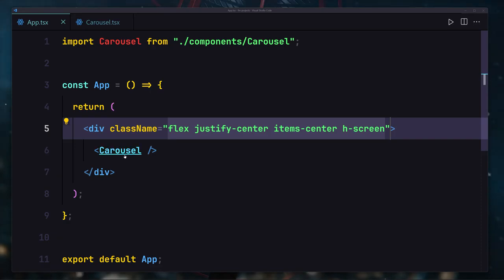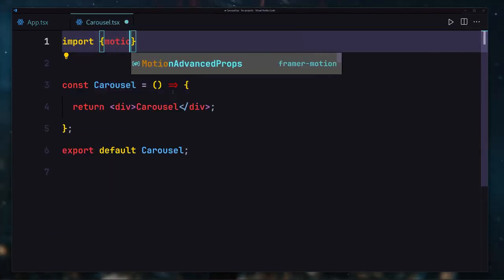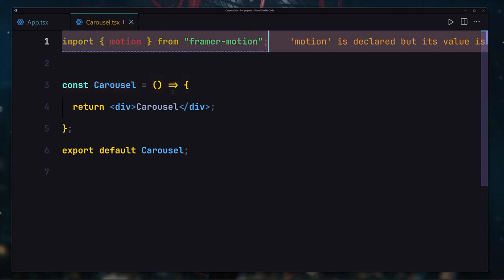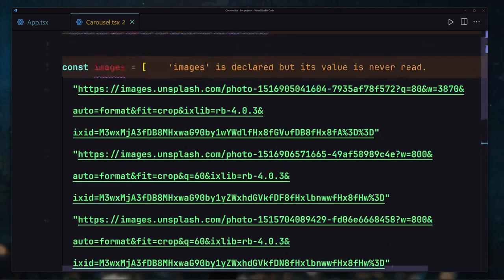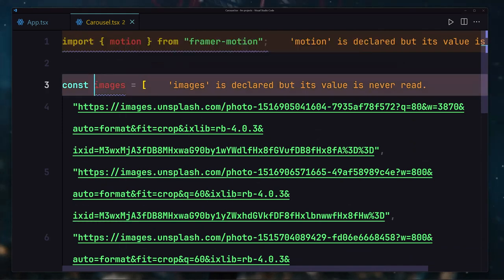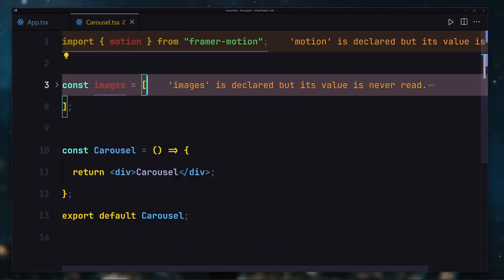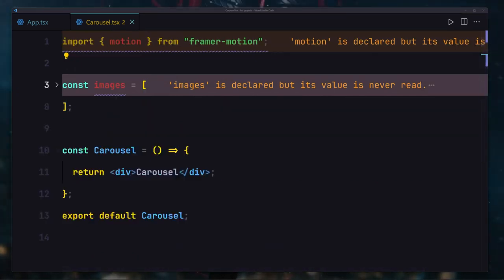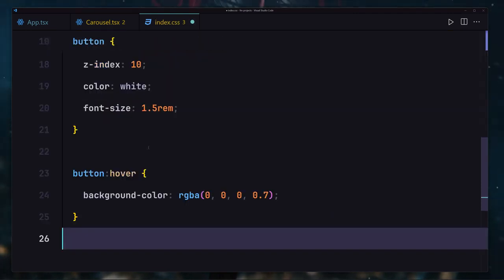viewport. Next, I'm going to go into the carousel, and the first thing that I want to do is import the motion from where? From Framer Motion. Next, we also have to define our images. So here are all of the images that I'm going to be using inside this project. If you want to use these same images, you are more than welcome to, or if you want to use your own, you are still more than welcome to. Now I'm going to go to the index.css file and place a bit of styling right